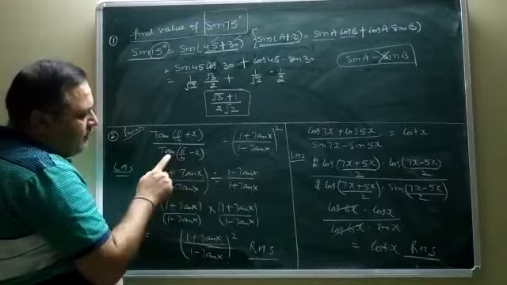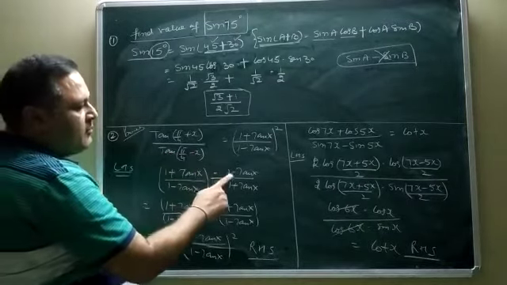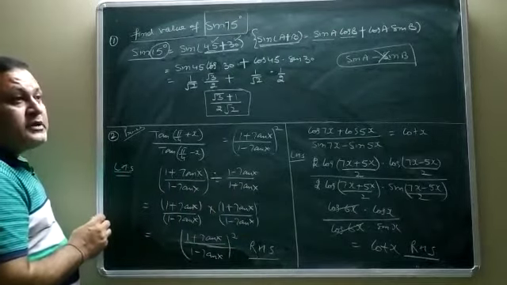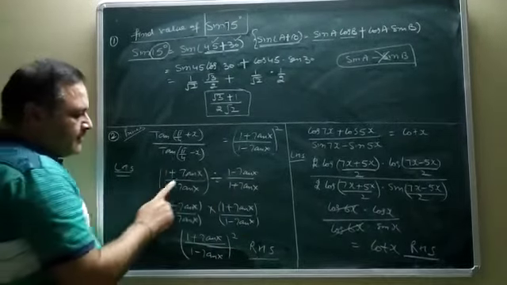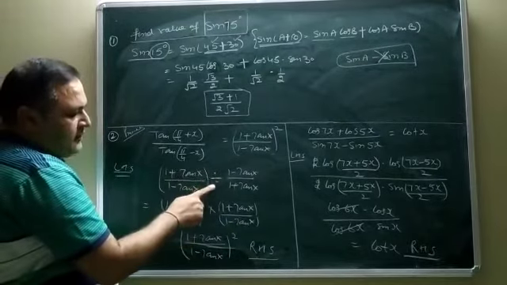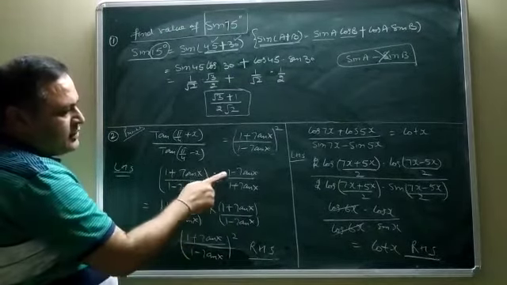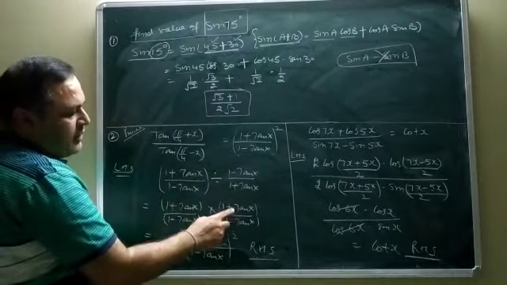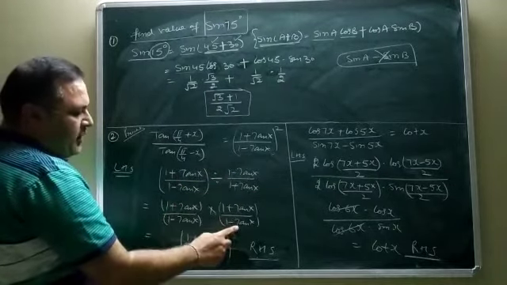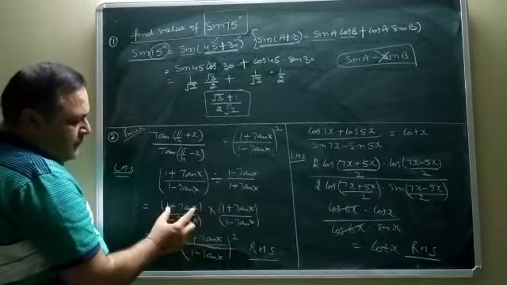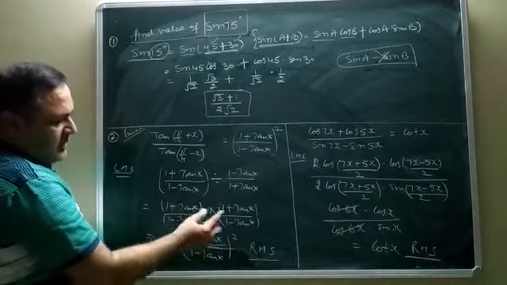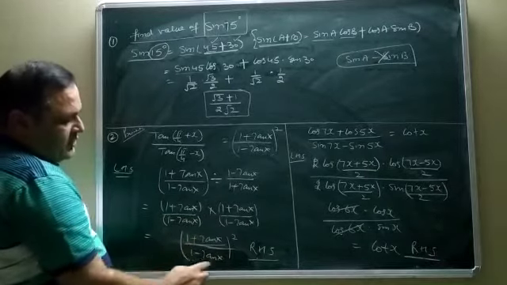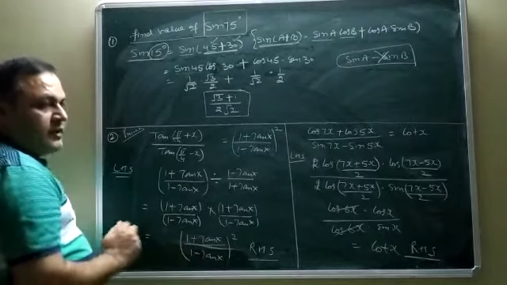After that, the formula of tangent pi by 4 minus x is 1 minus tan x upon 1 plus tan x. If you see the formulas of tangent of A minus B and A plus B, both are the same. Now, when division is changed into multiplication, the second term is inverted. So 1 plus tan x in the numerator and 1 minus tan x in the denominator. These two functions are the same, in multiplication, so they make a square. Again they make a square, so the result becomes 1 plus tan x upon 1 minus tan x whole square.